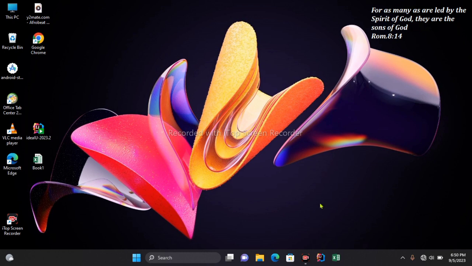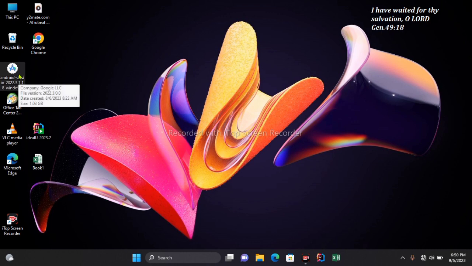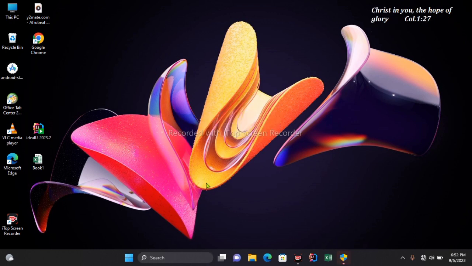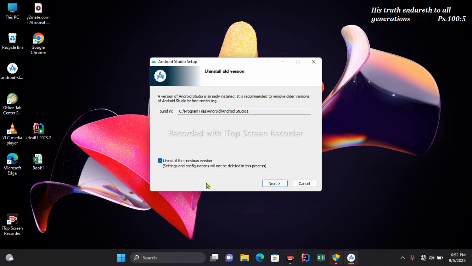So if you haven't yet installed or downloaded Android Studio, go ahead and download it. So this is the Android Studio, then you will click on it for the setup. So right click on it. Now I have an old version of the application already, so they want to update the old version of the application. So what I need to do is to click on next